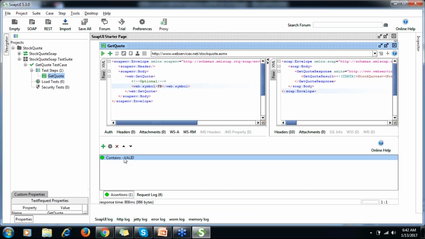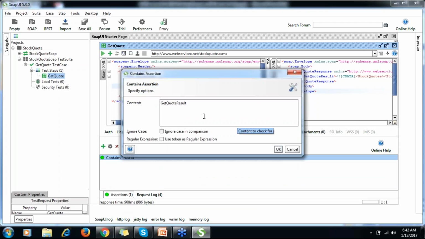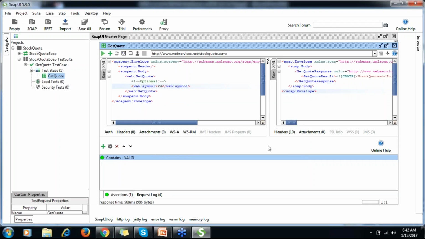Through contents you can check a string, any property value. What was the stock price, team? Stock price was 126, I guess. Okay, so yes, it is valid. It means 126 is there.